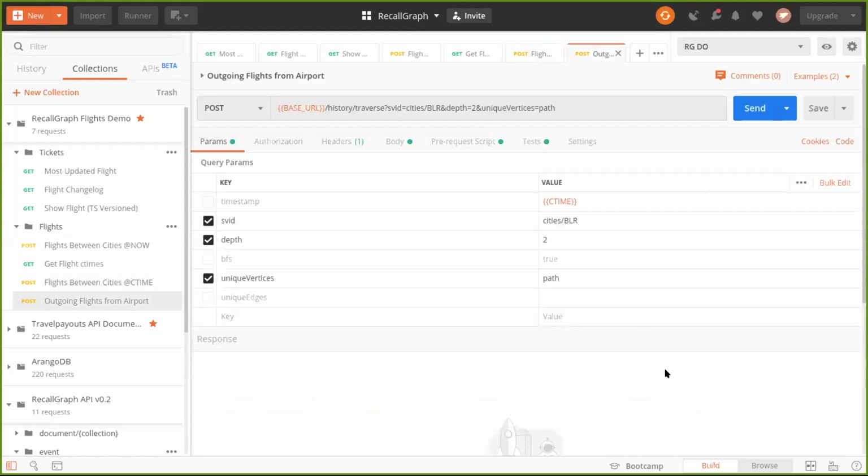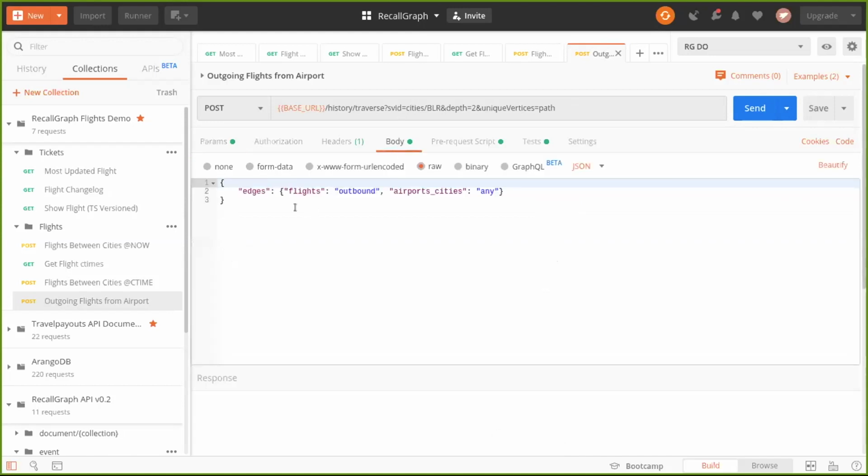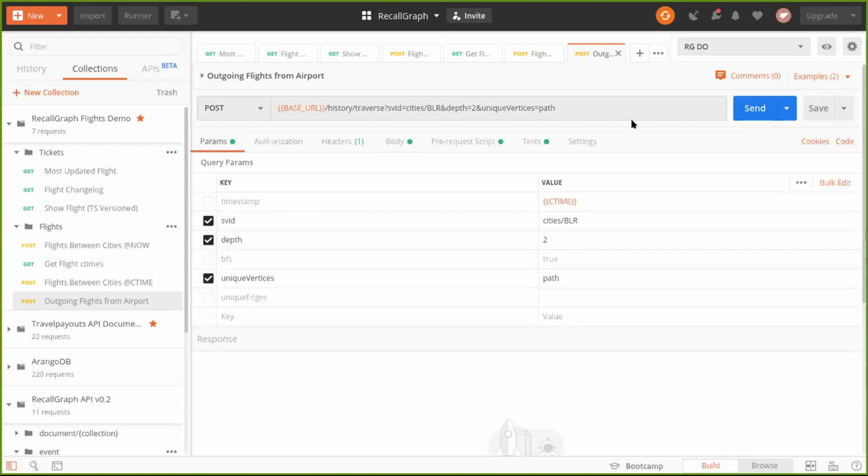Finally, let's do something really free form. So we run a shortest path query, and let's just basically run a traversal, starting from the city of Bangalore, going out to a depth of 2. And I have to specify a depth of 2 because first it has to go from the city of Bangalore to Bangalore Airport. And then from Bangalore Airport, it is searching for all available outbound flights. So let's see what we get. And probably there will be a lot of outbound flights out there.